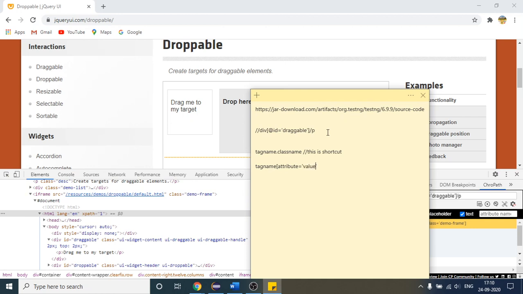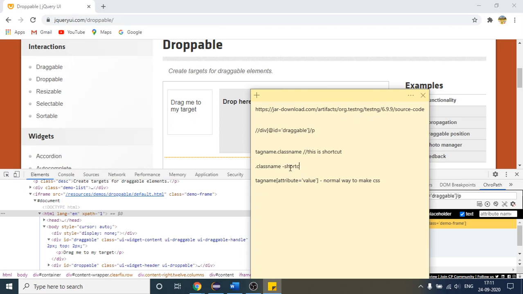This is the normal way to make CSS. And there is one more shortcut as well, which I have already told you, that you can use dot class name.